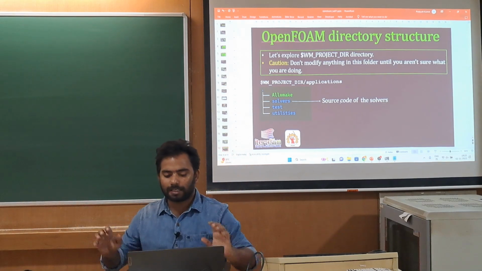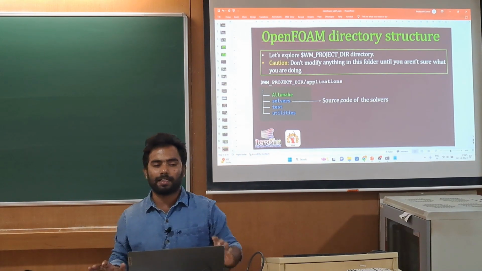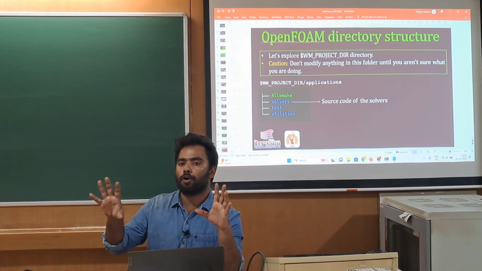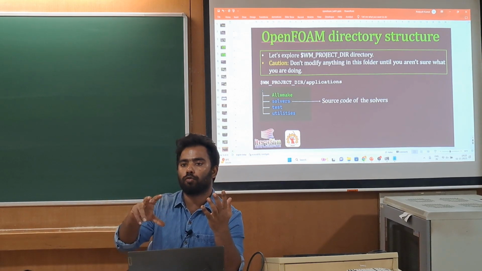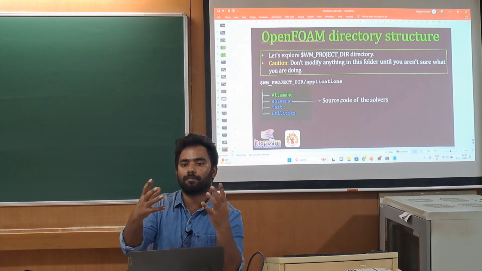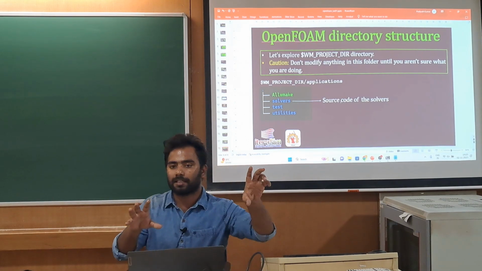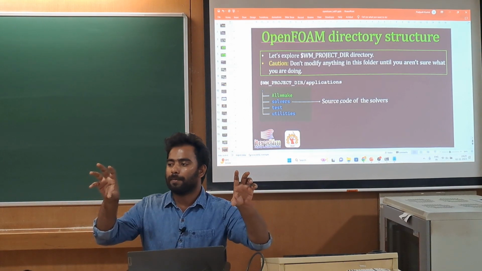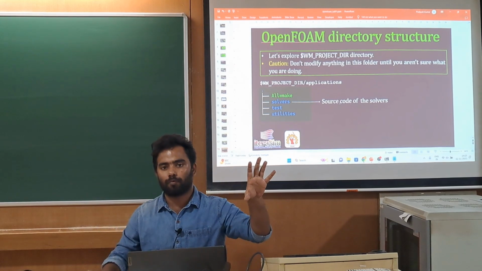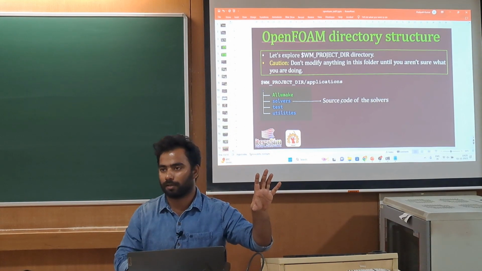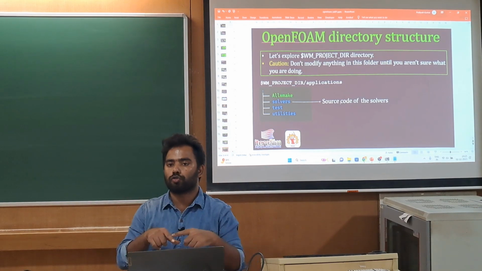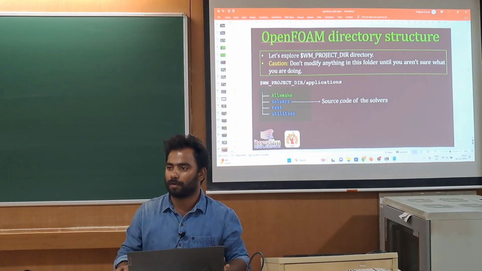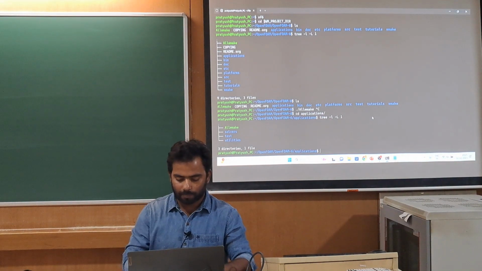So what is a solver? Solver is the source code of the different solvers. So what does solvers mean, and what is the tutorials or test case? Okay. Suppose you have some image, you want to do image editing. You want to edit some of your image. Then there is one application for editing, and there is one image of yourself or any other image. So imagine this image as a test case, and whatever software you are using, that is like a solver. Okay, so the problem that you are going to solve is a test case, and depending on your problem, you are going to use some solver. Okay, so let me list you some of the solvers here.